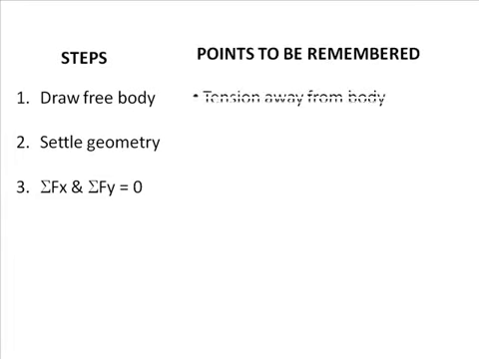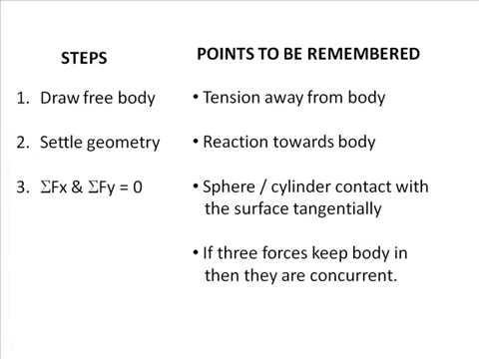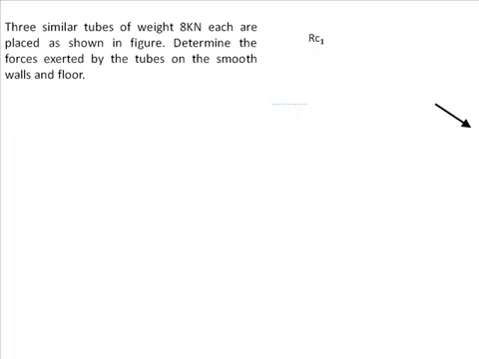While doing this, these points have to be remembered while drawing the free bodies. Tension force is always away from the body, reaction is always towards the body. Spheres and cylinders touch each other, and any wall or roof or ground, at only one point and the contact is tangential. And lastly, if three forces keep the body in equilibrium, then these three forces are necessarily concurrent. Okay, with this background,